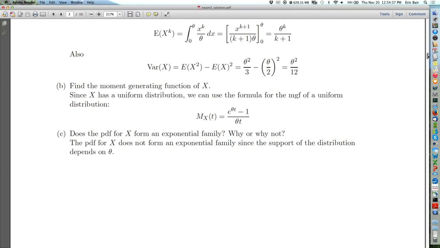And a lot of people just tried to write it in the form and said it satisfies the form, therefore it's an exponential family. But it doesn't matter if it satisfies the form if the support depends on theta. It can never be an exponential family in that case. And